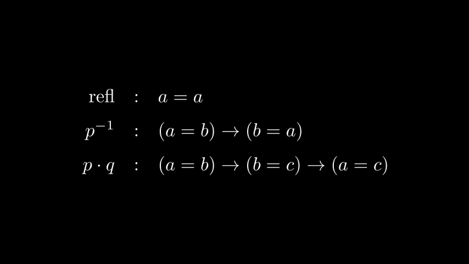This is not an analogy bolted on from the outside. The operations are already there in the rules. Every equality can be reversed and consecutive equalities can be composed, with reflexivity acting as the identity. Reflexivity, symmetry, and transitivity are precisely the laws of a groupoid. Hofmann and Streicher proved this first